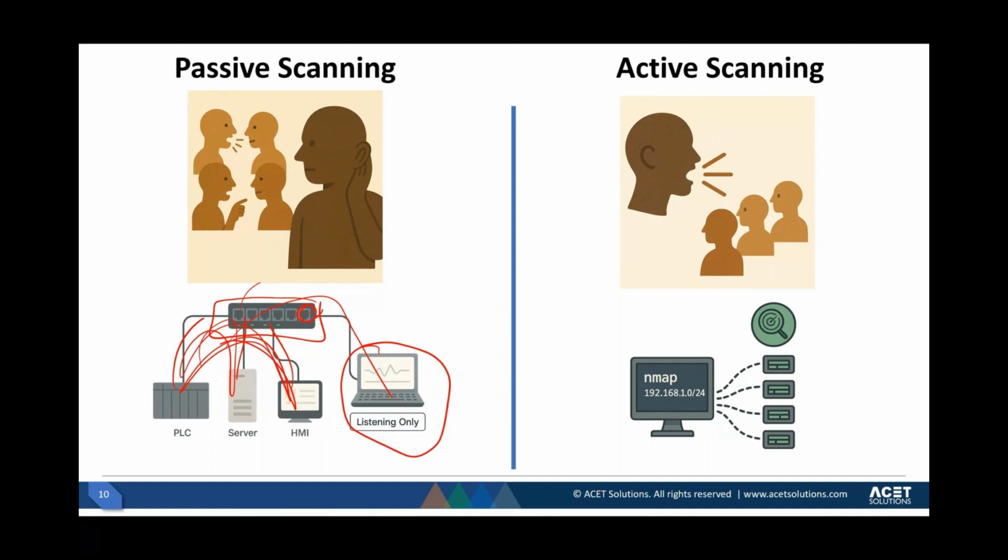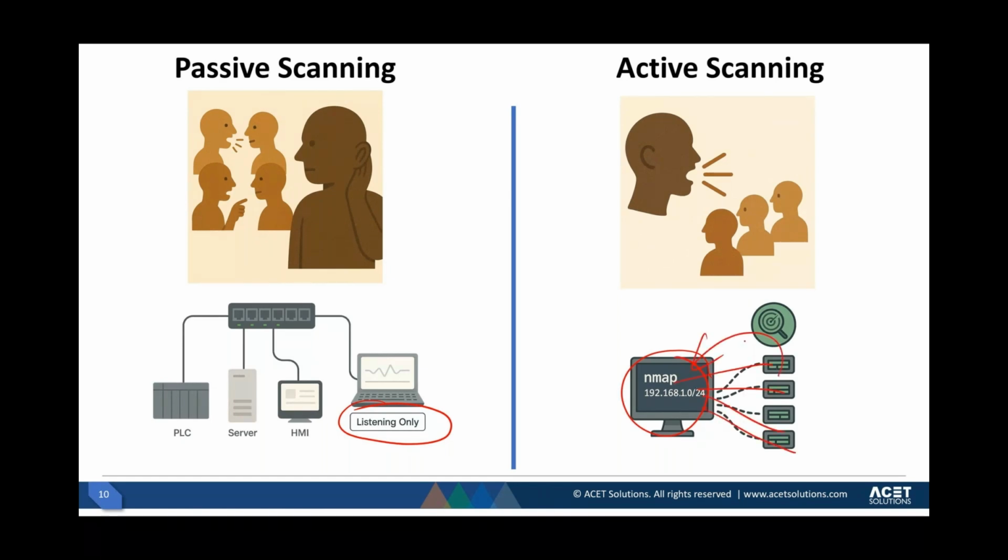So this is, I don't really call it scanning, it's passive listening, I would say. Scanning is not the right word, but whichever way you want to describe it. The passive part is where there is no active question asked. It's just listening mode, spying mode, if you may. As opposed to that, active scanning means that you have some kind of command going out to different devices, and you're getting some response in return, and that's basically what you're looking for to gather the information from the network.